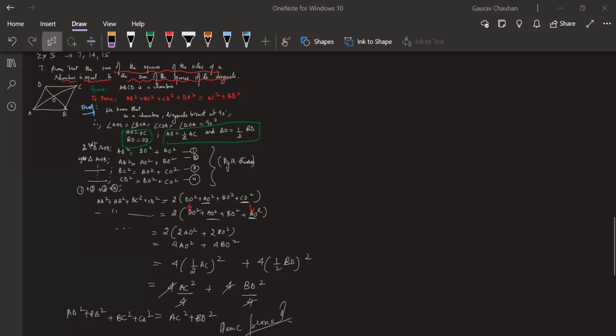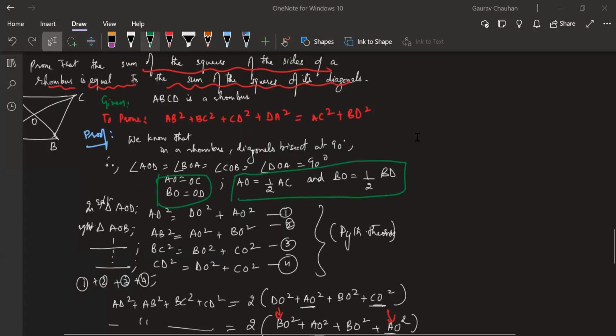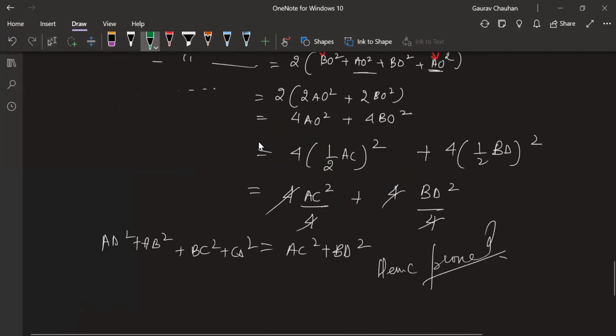Thank you, Mansa. Yes, obviously, I have not done it properly. I have jumped certain things. You should mark this as some equation number. I had already written 1, 2, 3, 4, so I did not mark. You have to mark these as some equation numbers, and you have to use them later. You have to write the reason as from the previous equation bracket. That's correct. That is the appropriate way of doing.